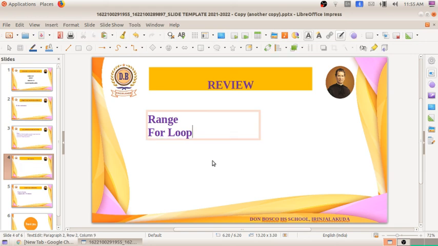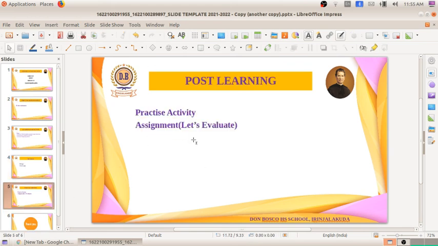So how we can write the range, that we have discussed. Different types we can write the values in a range. So we will discuss how the output will be, and also to avoid the repetition of the code we can use the loop in Python. So one of the loops is the for loop, that also we have discussed, and we have done activities with that. So practice those activities, and I am giving an assignment of writing the let's evaluate portion. If there are any questions using the while loop, you can skip. All other questions try to answer in the let's evaluate. Okay, this much.